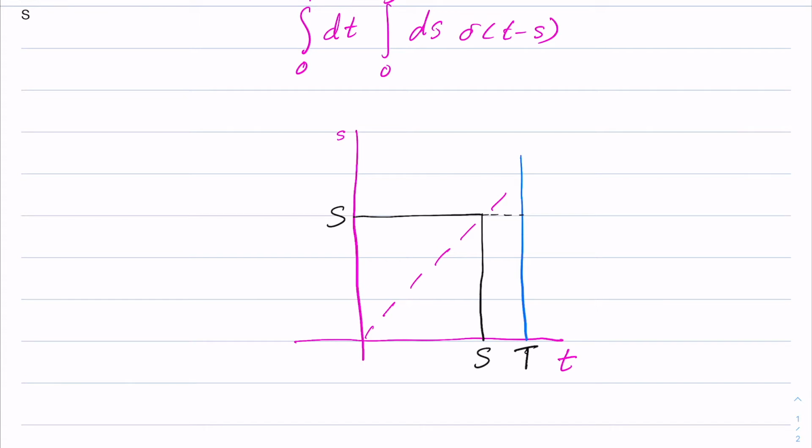So we would like to calculate the integral from 0 to T, dt, into the integral from 0 to S, ds, delta of t minus s. So there is a Dirac delta function, and it's a double integral basically. What you can see from this equation is, when there is a Dirac delta function, we know that the delta function exists when t is equal to s, meaning the value is equal to infinity when t is equal to s, otherwise it is 0.